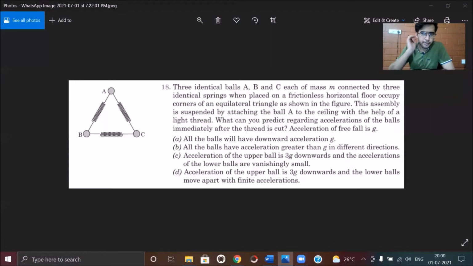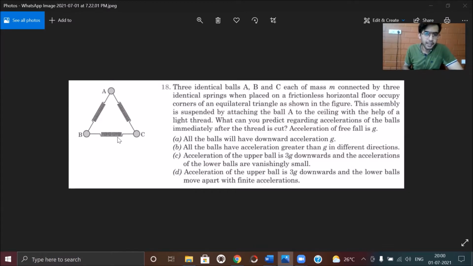Good evening, guys. So we'll take up a problem on laws of motion today. We'll take up a spring-based problem, right? And we'll have some interesting questions based on springs and laws of motion as well, even though you might find more spring questions in work, power, energy and the other chapters, right? But anyways, let's have a look at this question.